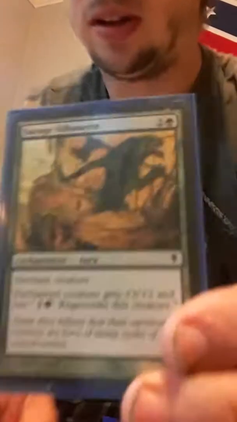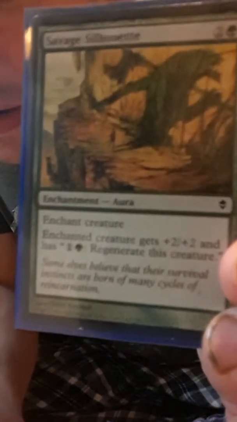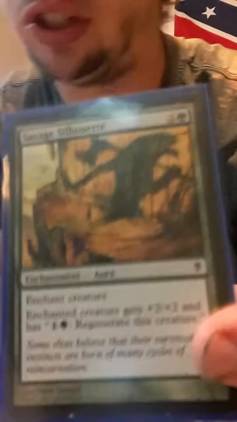Temple of the False God. It taps for 2 mana whenever I have 5 lands or more, so it's basically like another version of Sol Ring. Shadow Silhouette, giving my creatures +2/+2 and regeneration, keeping Sigarda there. Sol Ring, always good. Again, like I said, Temple of the False God and Sol Ring are both iconic staples